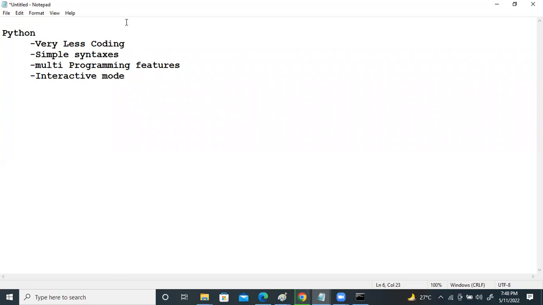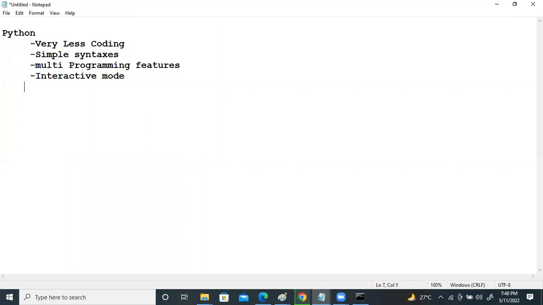Interactive mode is supported by Python for learning Python and for developing code. As a beginner learning Python, this interactive mode works better. This interactive mode is especially designed to test the functionalities of Python. If you don't have knowledge about a particular functionality of Python, you can just type it in this interactive mode, check what response it provides, and analyze the functionality.